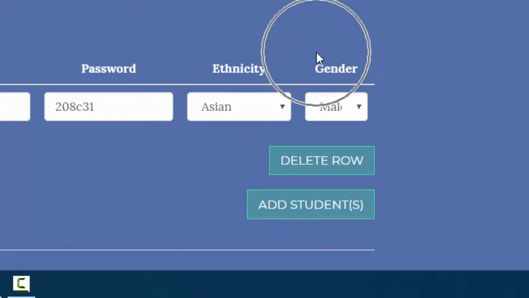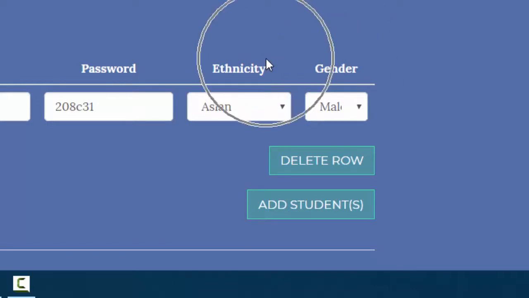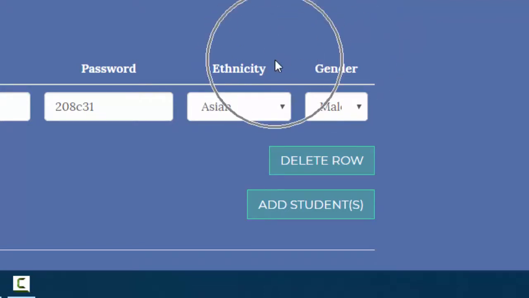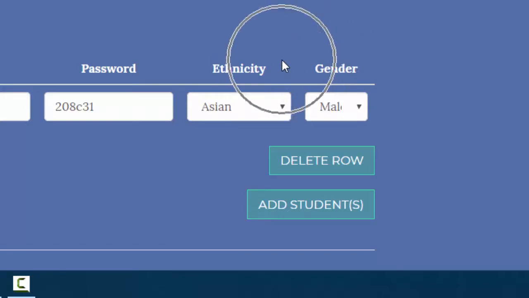Students don't see this information. Only in some data, if it's requested for appropriate purposes, would you as the teacher see this, or a program evaluator. Otherwise, it's not something that they see. Anyway,